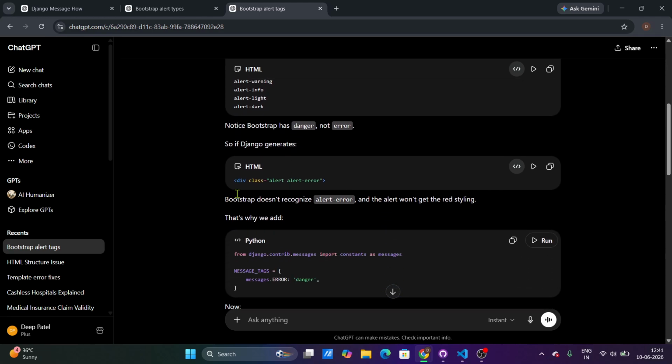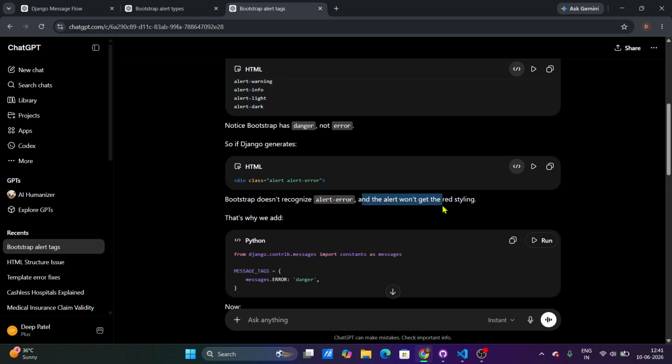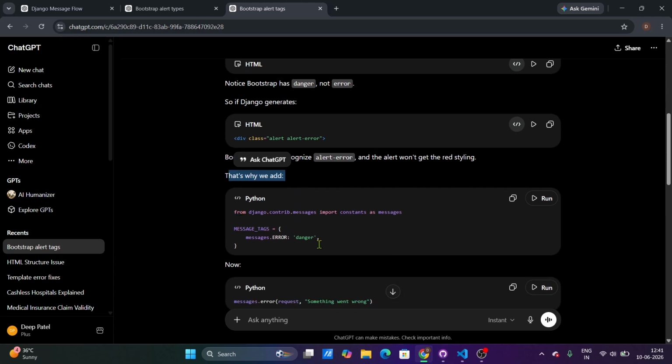So if Django uses this, Bootstrap doesn't recognize this alert error. This alert error is not there in Bootstrap classes, you can see, and the alert won't get the red styling, that red box basically. That's why we add this in our settings.py,